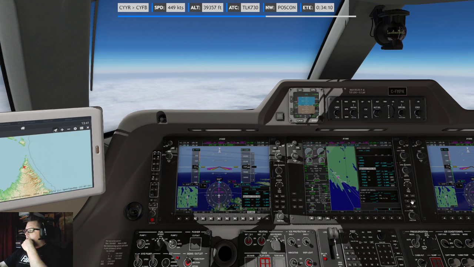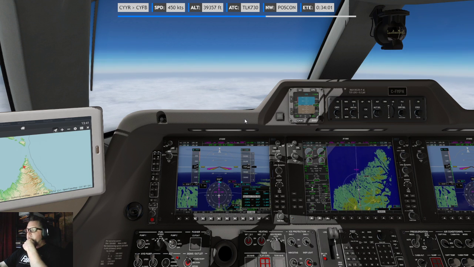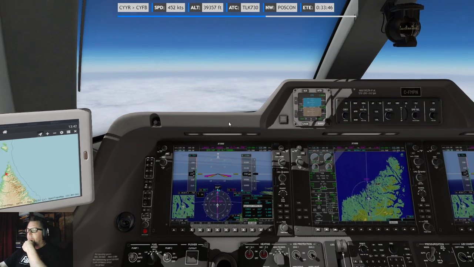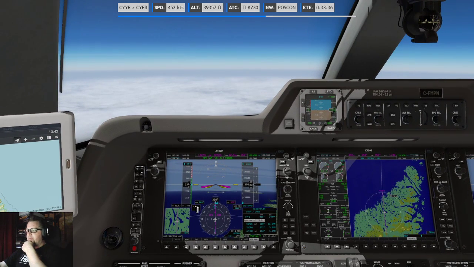Yeah, we're gonna have a while to go before the top of descent, I think. Find out closer to the destination. After we've passed this waypoint, that's when we do the switch. So we have a bit more of a tailwind.